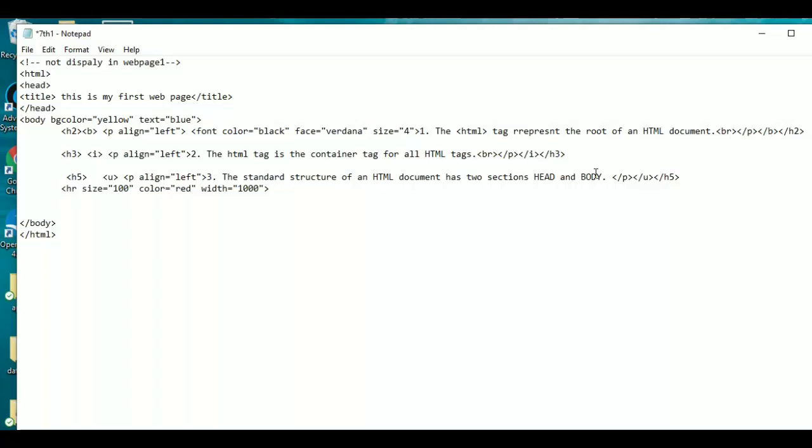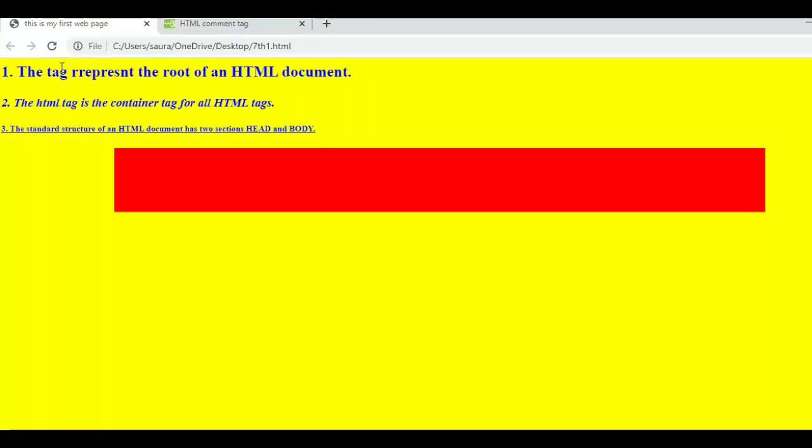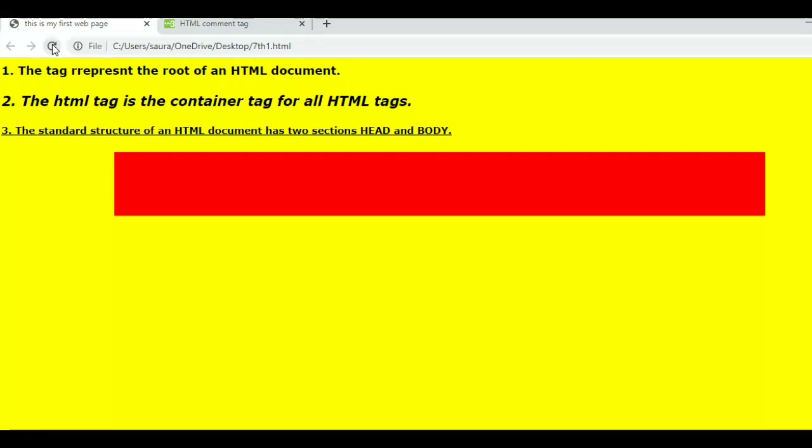Start, and now we can make it for everything. So let's close the font tag here, and when we save it and then refresh your web page, we can see the changes here. Each text will change.